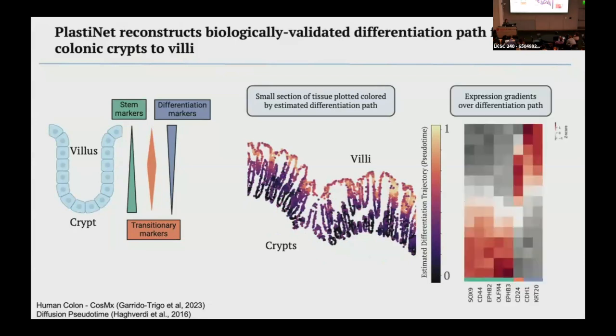And to validate this transcriptionally, we checked key marker genes and found that stem markers were highly expressed at early pseudotime points. Transitionary marker CD24 appeared in the middle, and differentiation markers CDH1 and KRT20 were expressed at later time points. This helped us tune our model approach and confirm that we can capture biological neighborhoods and differentiation paths spatially